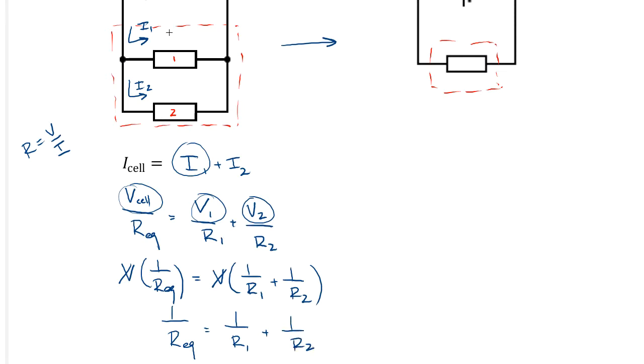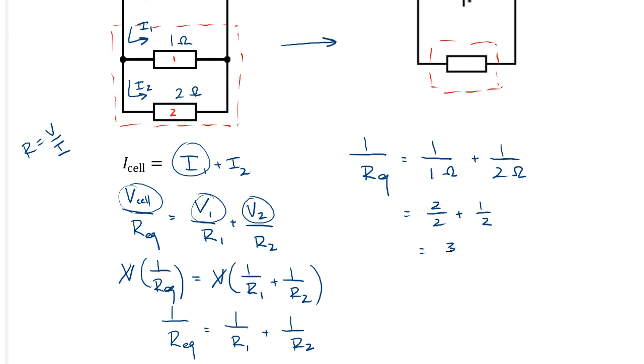So for example, let's say this was a 1 ohm resistor, this was a 2 ohm resistor. Then to find the equivalent resistance, we would take 1 over 1 ohm plus 1 over 2 ohms. When you add that together, this becomes 2 over 2 plus 1 over 2. We get 3 over 2, but that's not our resistance. That's 1 over our equivalent resistance. And the common mistake that people make here is they forget to flip them upside down and give an incorrect answer of 1.5 ohms. When you flip this upside down, the equivalent resistance is equal to 2/3 of an ohm, or let's call that